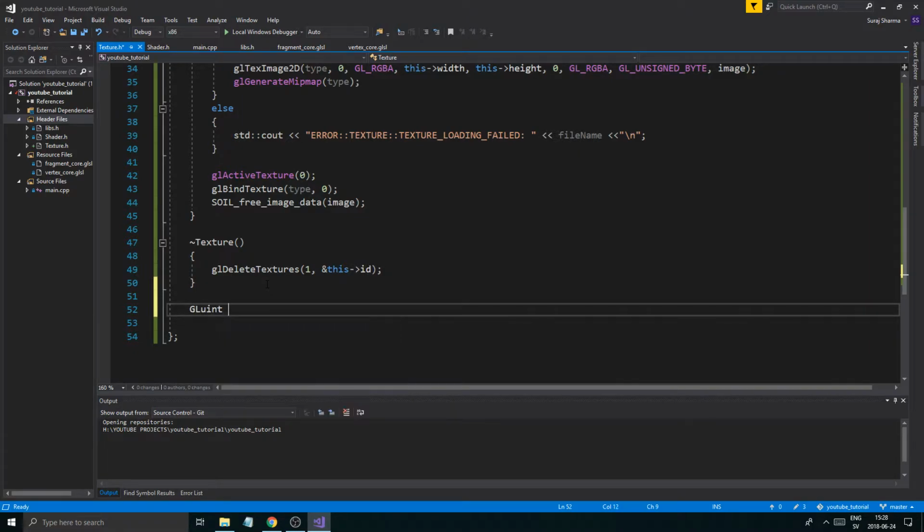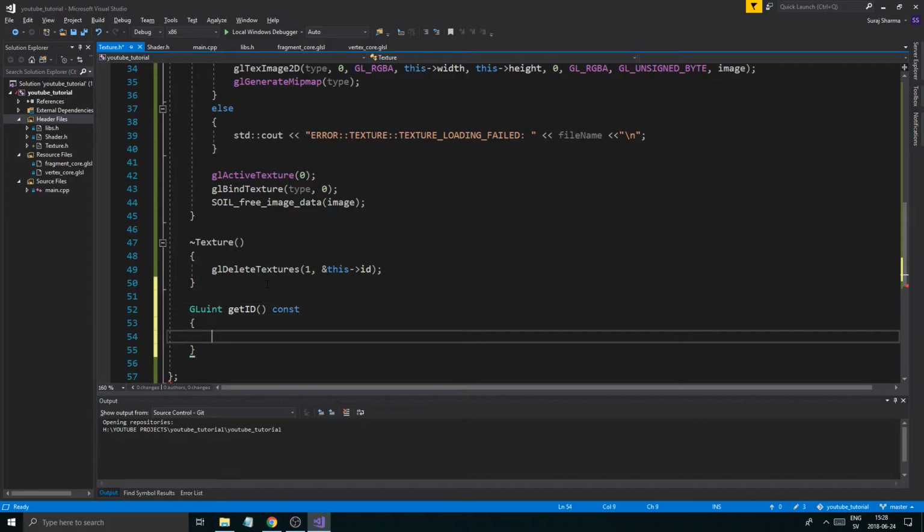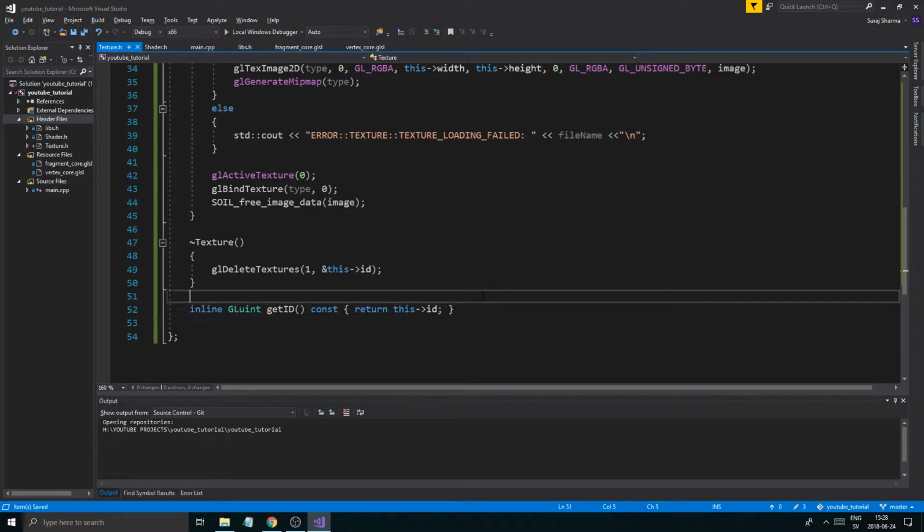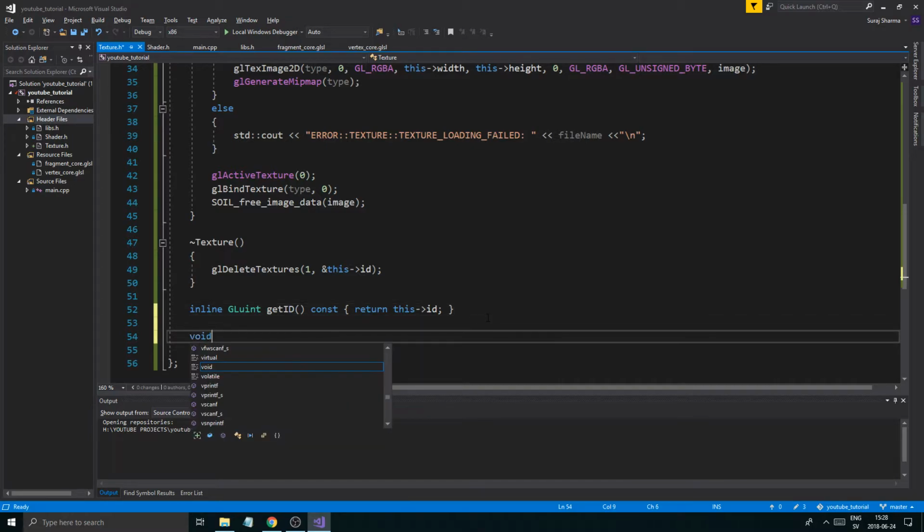So GLuint getID, and then we'll say const, and then we'll just say return this ID. I'll probably make this inline as well. Inline, just return the ID, the texture. Then we can create a function void bind, GLuint texture unit, and then GLenum type, and then we'll do